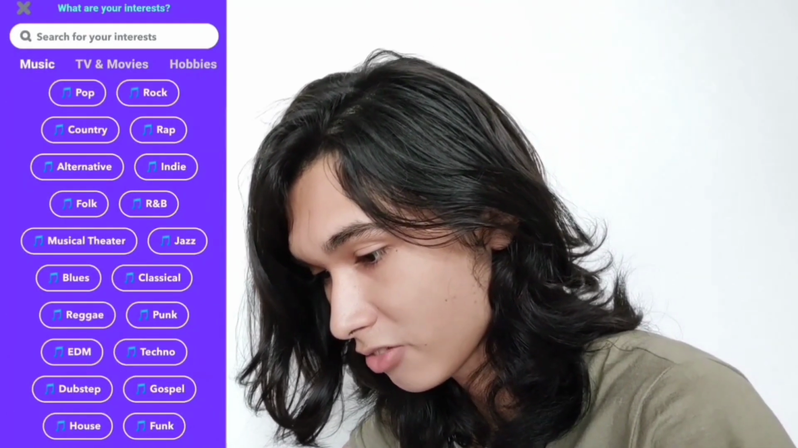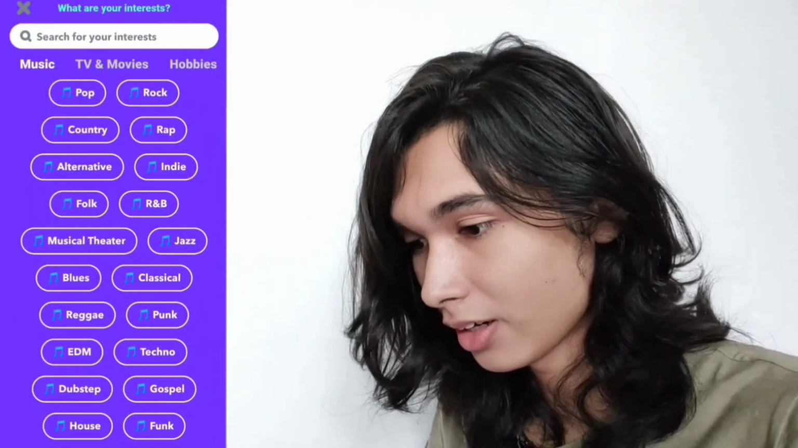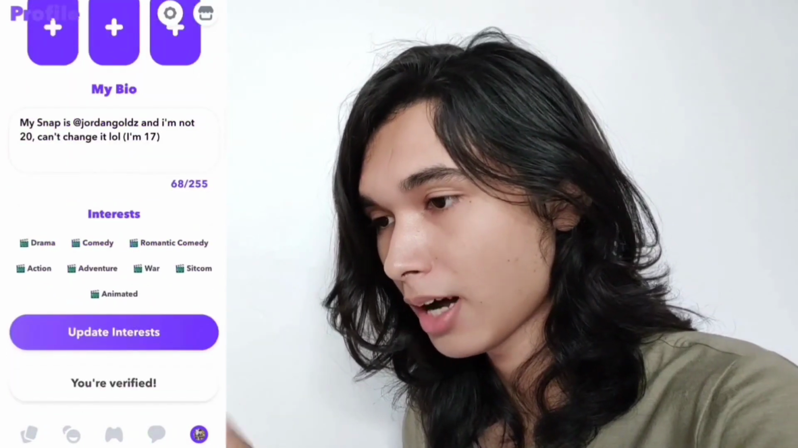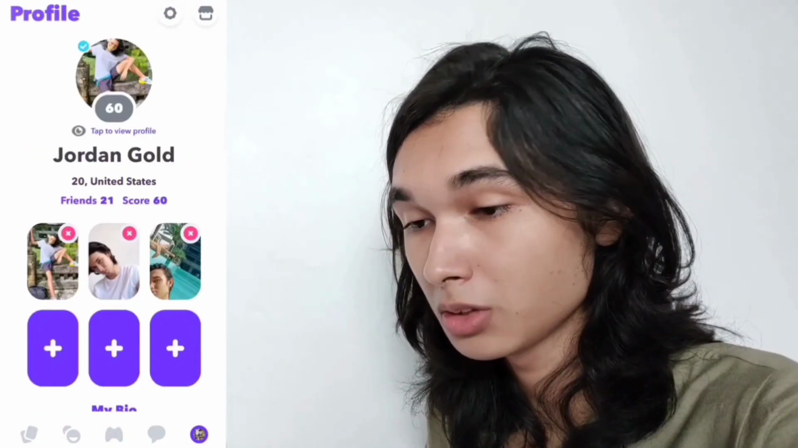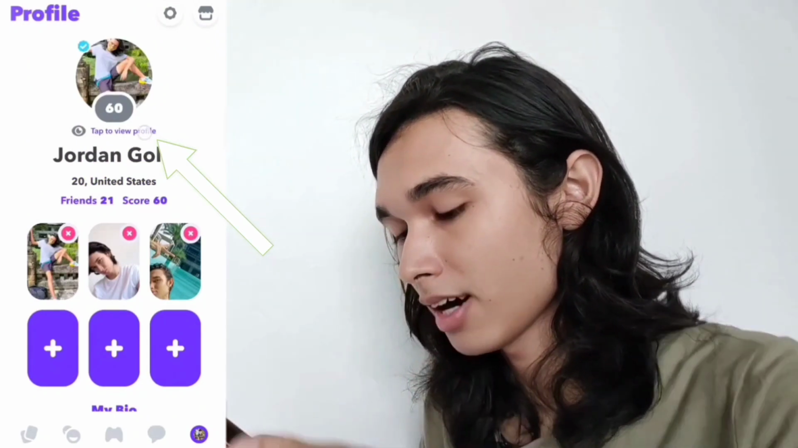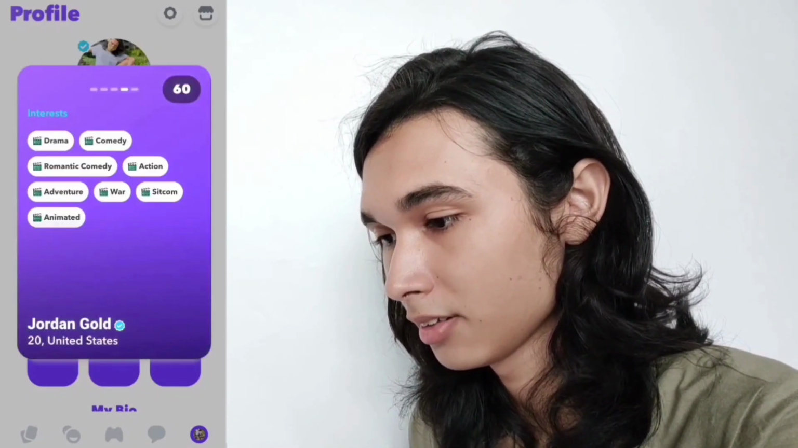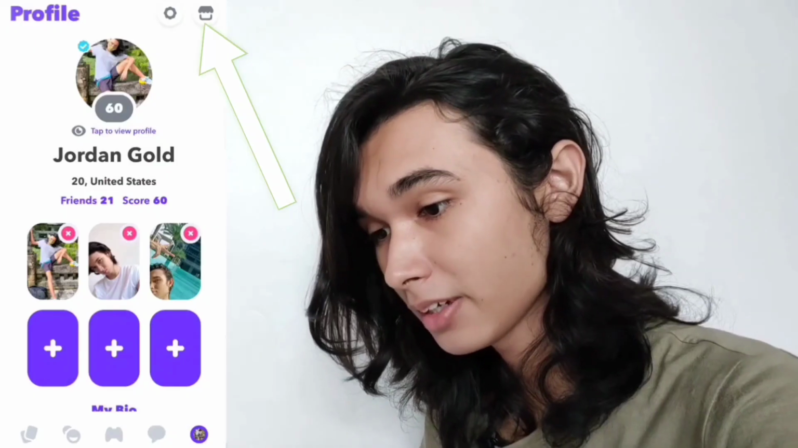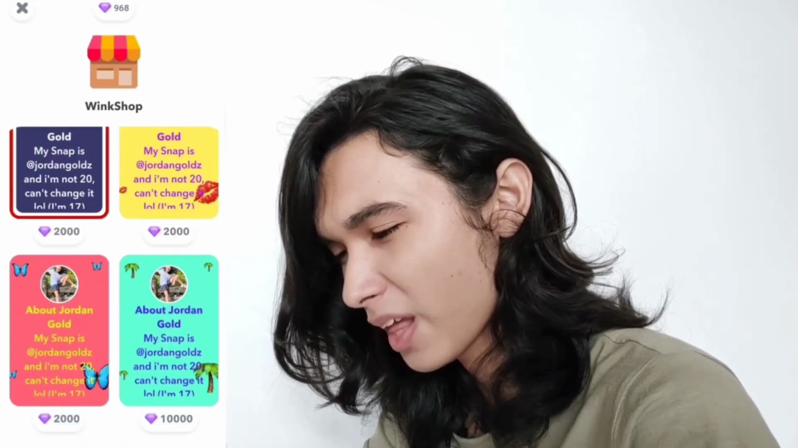Just skip it, and you just have to click X. And also you can search your interest if you can't find it anywhere. Done. And also I'm a verified user, and also if you want to view your profile, you can just click this, tap to view profile, and you can see how your profile looks like. Okay, and up here there's a shop, wing shop. So in here there's, I don't know what it's called, but